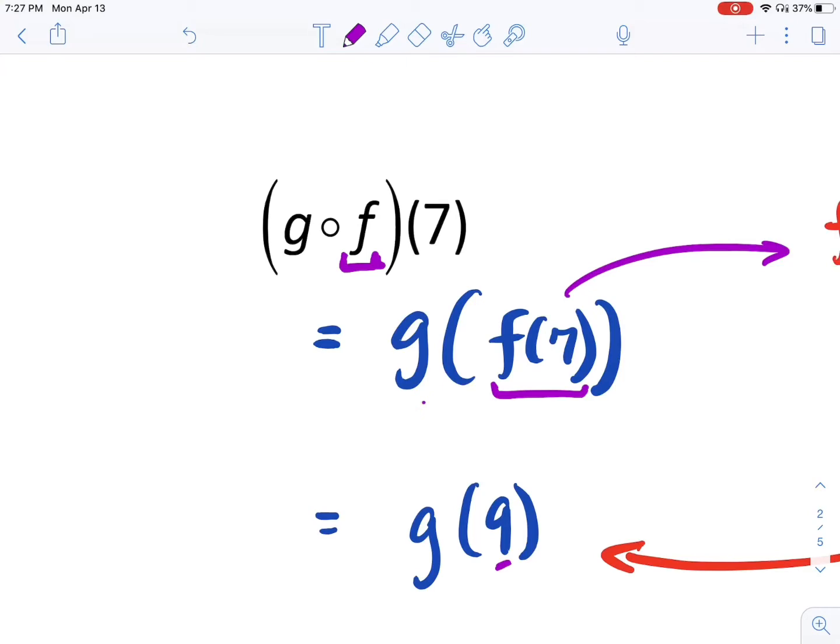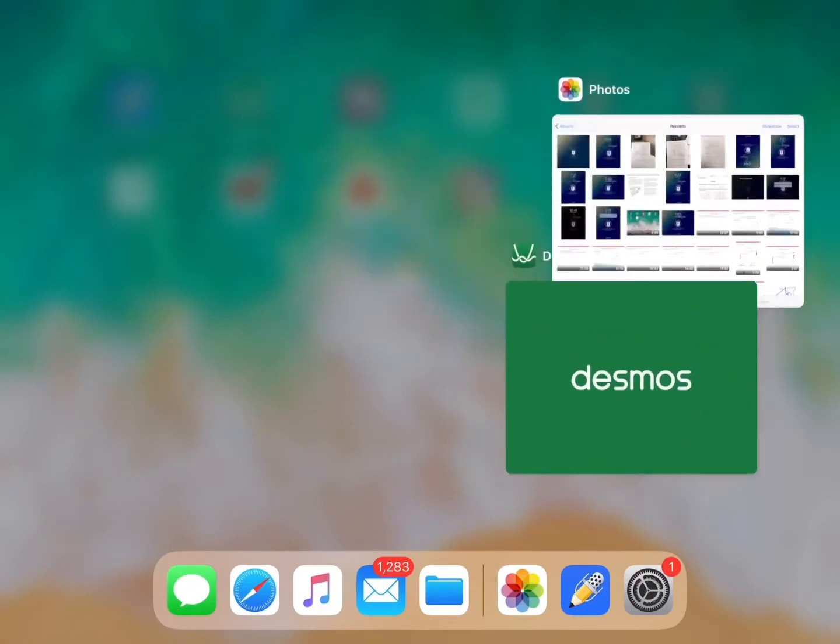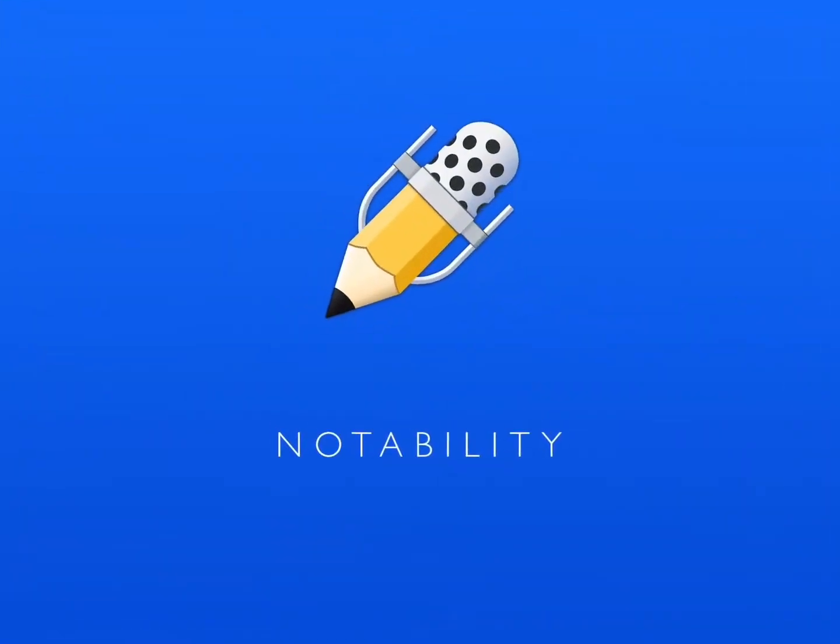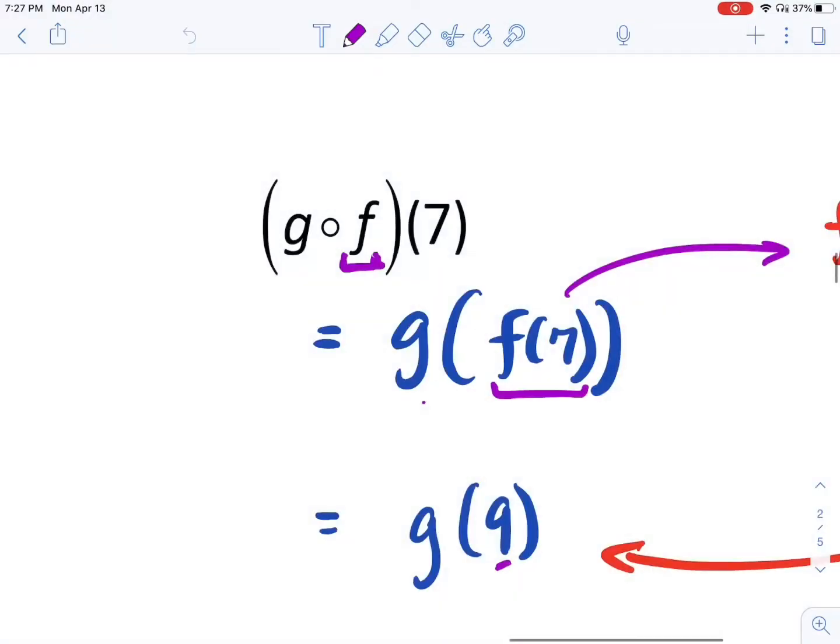Uh-oh, Notability froze again. What's going on, Notability? This app is just glitchy. I gotta find another way to do this. That being said,